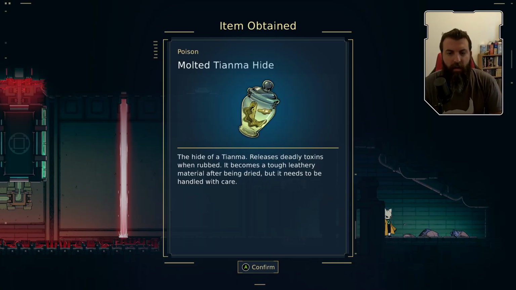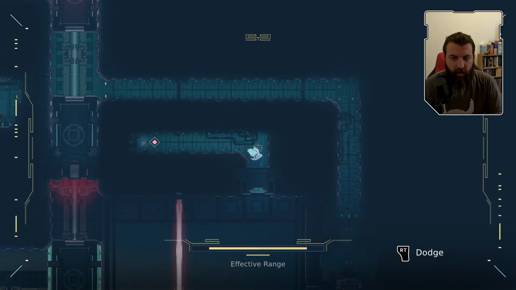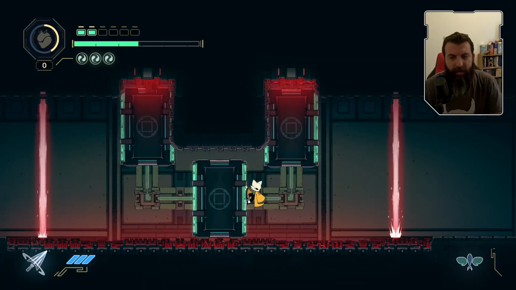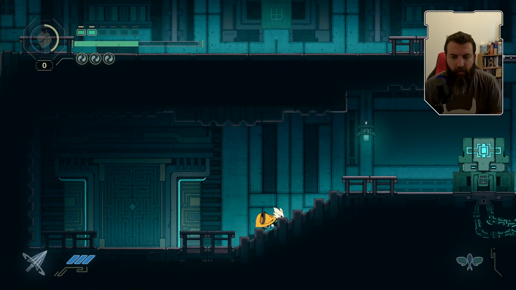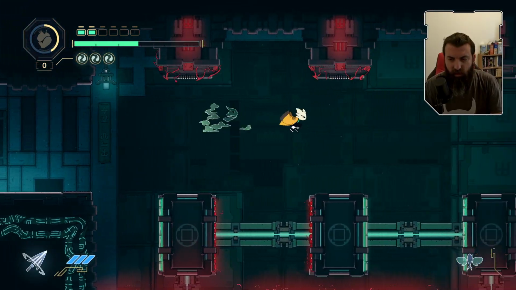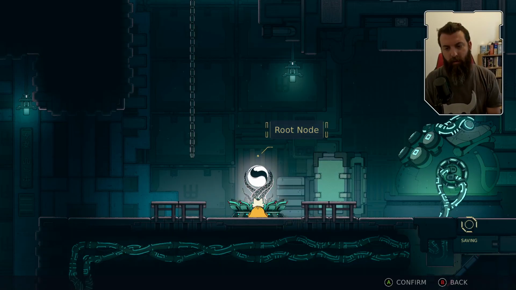Mottled Tianma hide. The hide of a Tianma releases deadly toxins when rubbed. It became tough, leathery material after dried, but it needs to be handled with care. Alright, so that sounds like something we can give to our friend. Likes toxins. It's a delicious treat. Let's go back to the pavilion then, and just go ahead and turn that in, because I think that will be another thing for us. Could be wrong. Could be dead wrong. But...